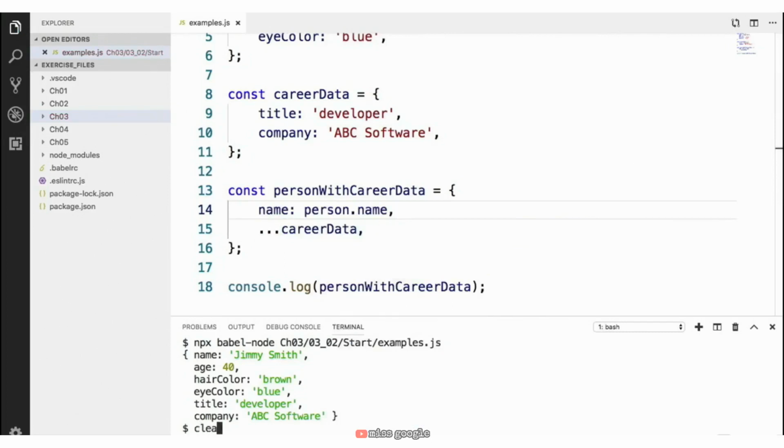And if we run it again, we see that our new object now only has the name, title, and company properties. Note that when using the spread operator, if the objects that we're spreading have property names in common, for example, if both the person data and career data have a name property, whichever one comes last will overwrite the ones